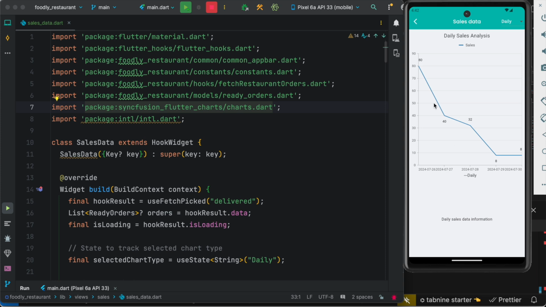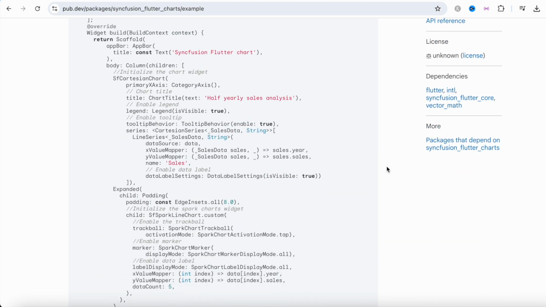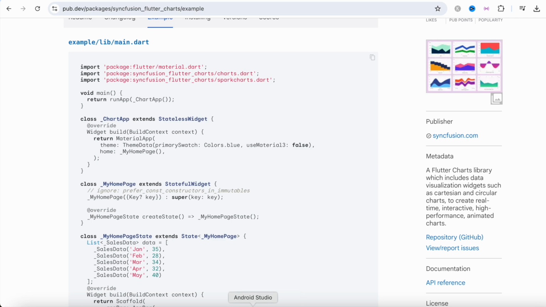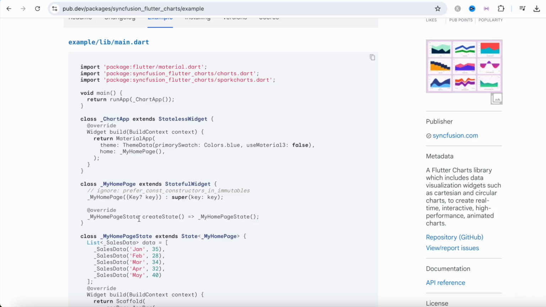Now to show or work with data like this, we have to use a plugin, the plugin called Syncfusion. So this is the Syncfusion Flutter Charts plugin, and it gives you a basic example. But in my case, our data is more complex, as you can see from here. So we have tabs to switch between different kinds of data. So for this reason, actually, I have recreated this example,